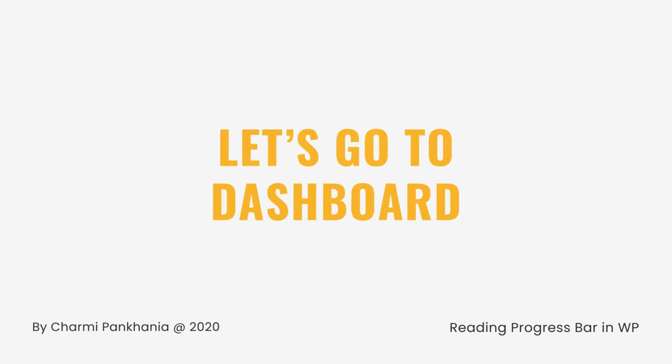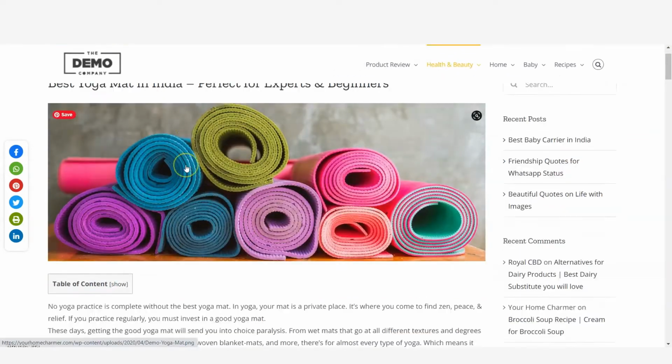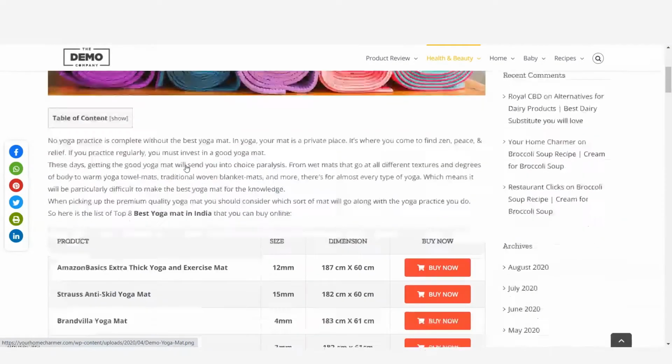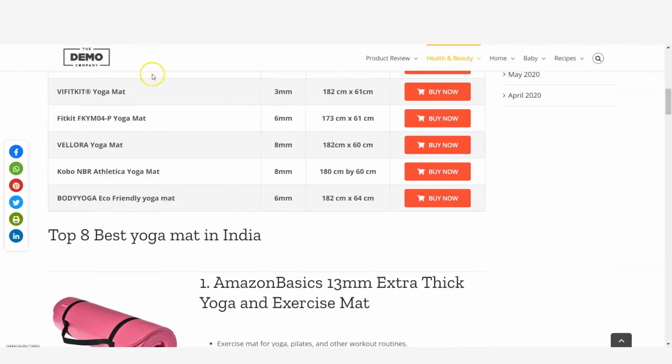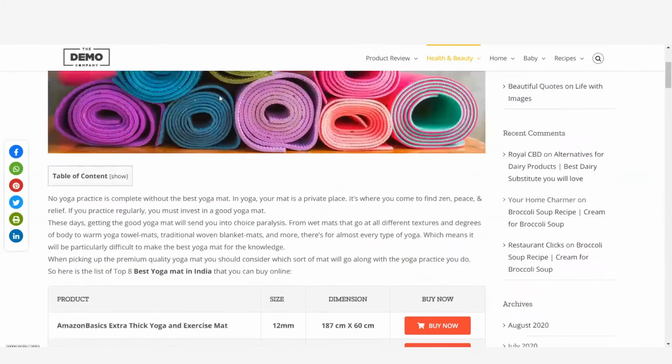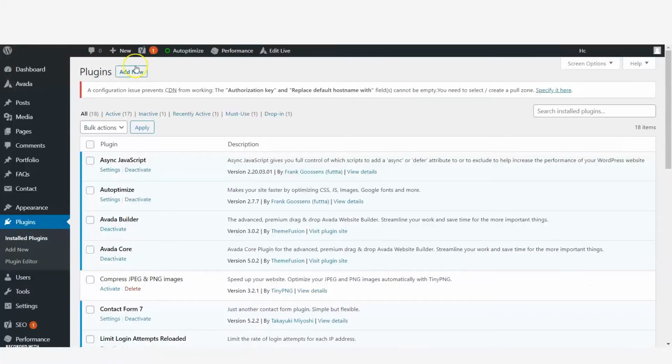Now let us see how you can make such an amazing eye-catching reading progress bar in WordPress. So this is the website which we will be using, and we will have a progress bar over here. So let's go to our dashboard and click to add new plugin.